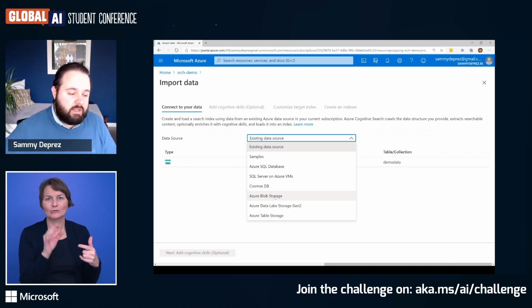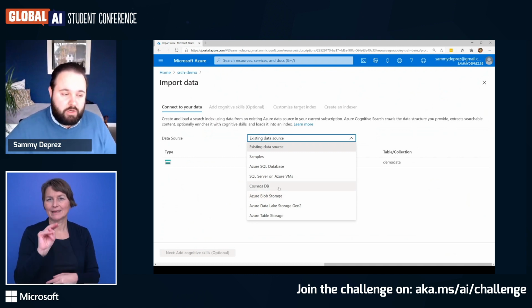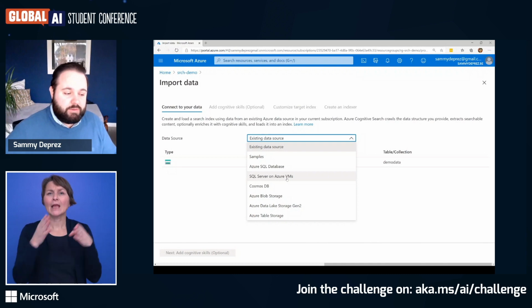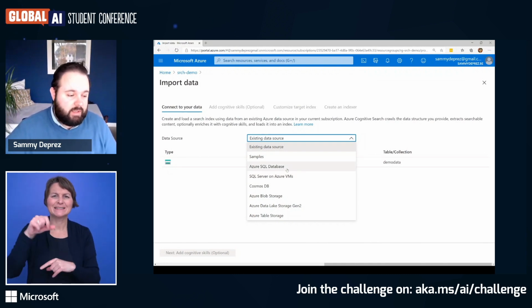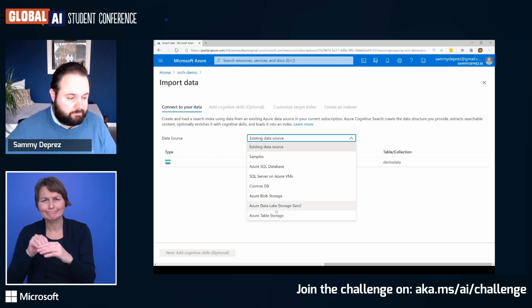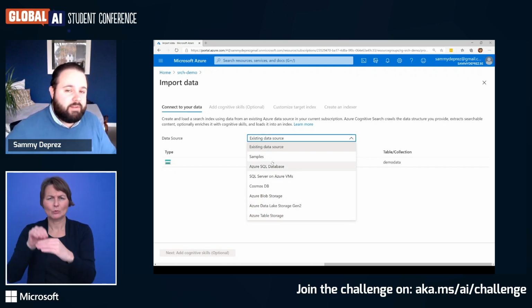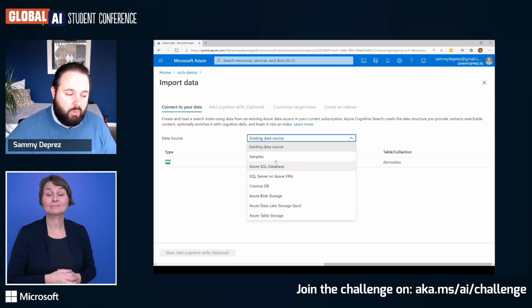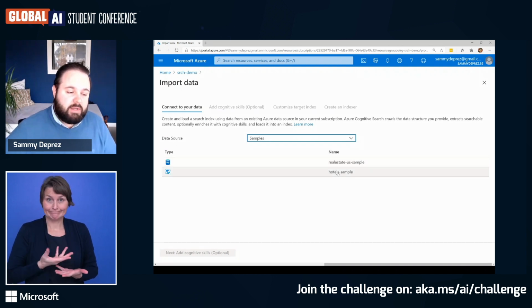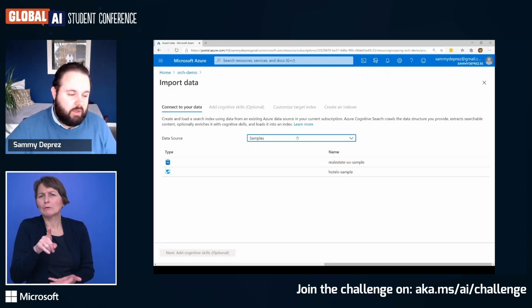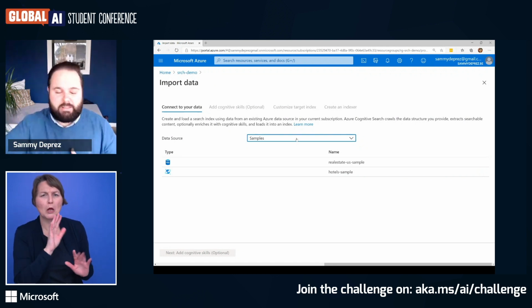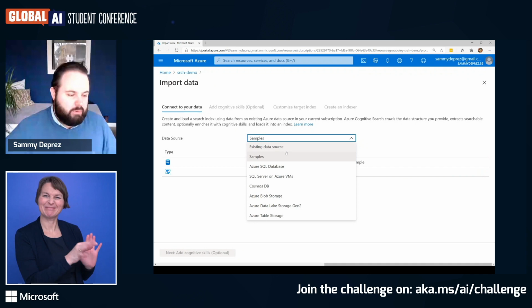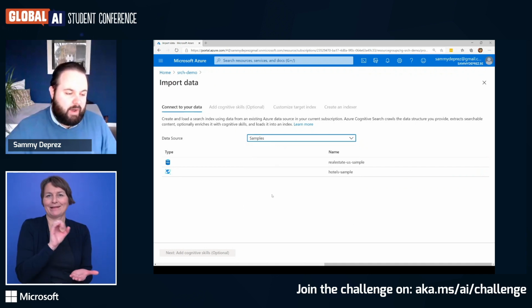The other part is more structured data. And we have a Cosmos DB, we have SQL Server on Azure, classic Azure SQL database, or even table storage. And if you don't have data for yourself to work with, well, there's some sample data about real estate and hotels that you can use. But this is structured data already that is used to add extra information. But we will use my list of files.